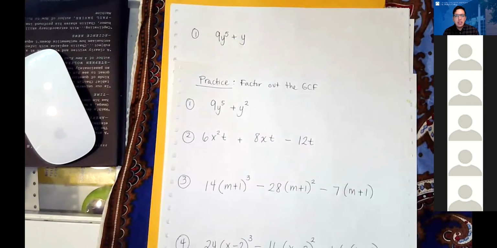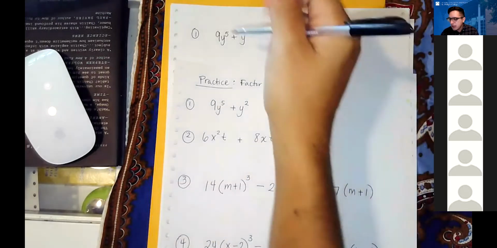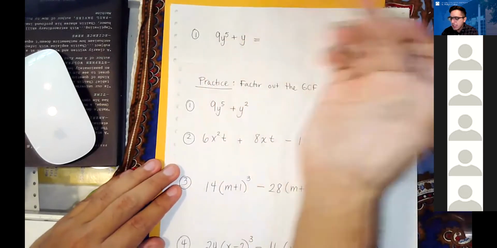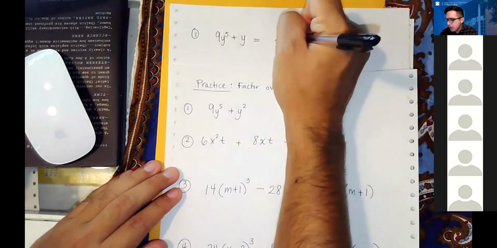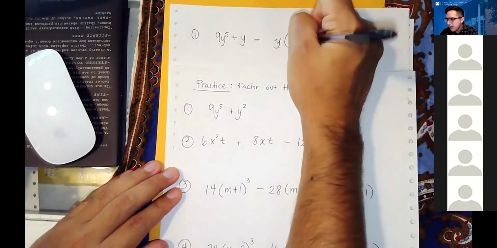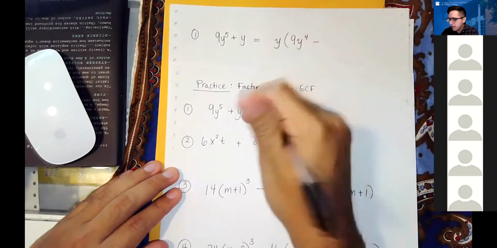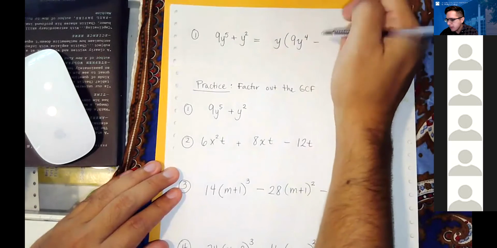Okay, I think that everybody is sort of waiting to be admitted back to the main session, but I wanted to go ahead and start this thing off. I think that the first problem was probably the most straightforward one. Obviously, I was intending to ramp them up in terms of difficulty as they progressed. But for this first factorization, I'm going to sort of gloss over the details here. The two terms have a y in common. So I'm going to write this as y times 9y to the 4th power plus, oh, this was a y squared, wasn't it? Plus,